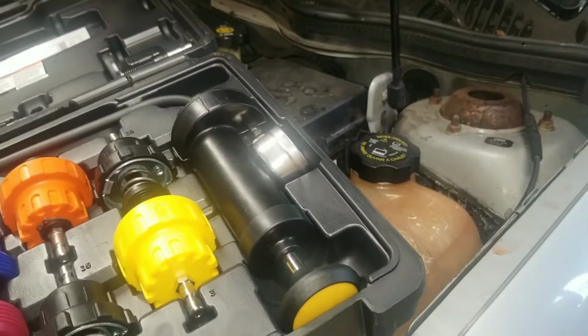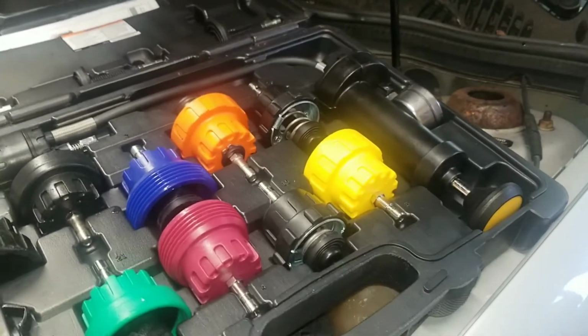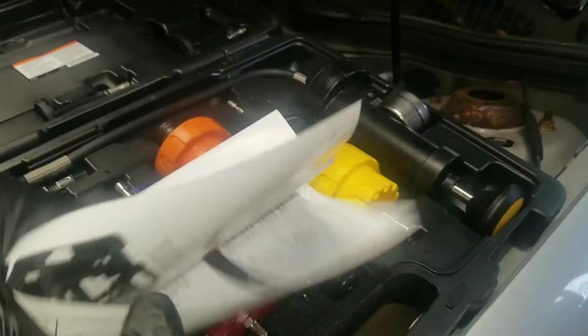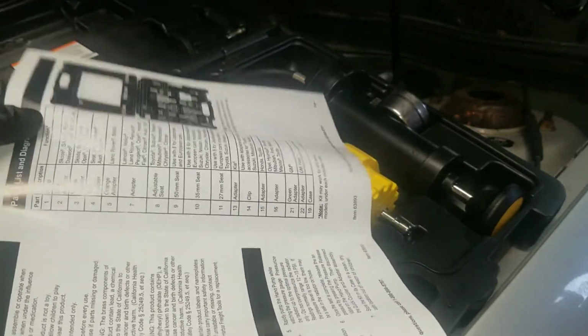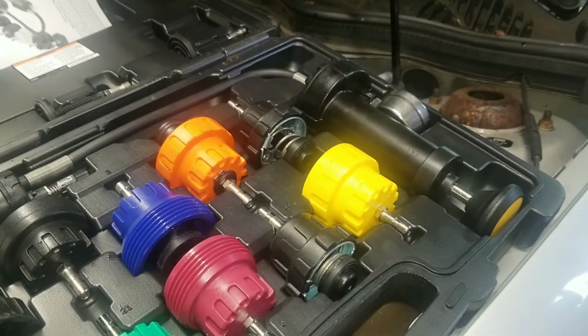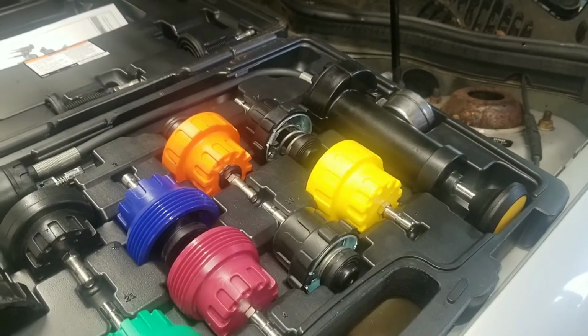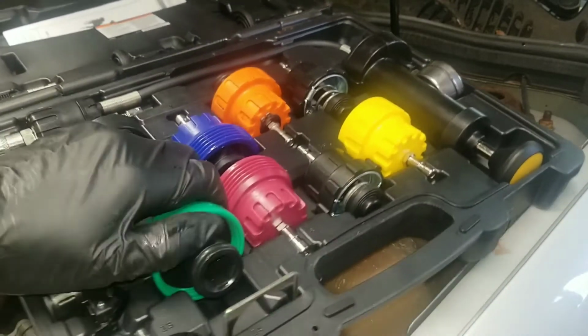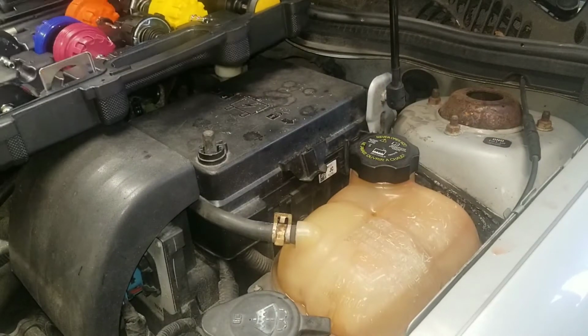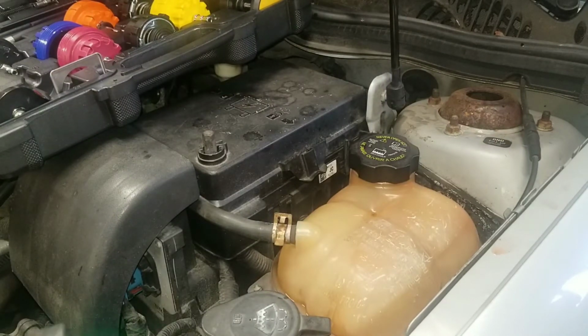Now this kit comes with all different types of adapters, and it also comes with a chart that tells you pretty much what color cap fits what car. So this is a GM, and it's a green, the green cap. So once I pop that out,